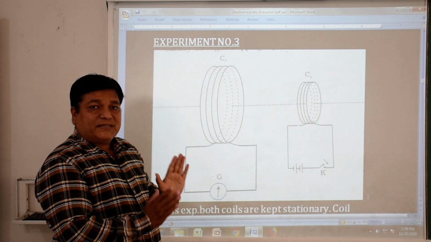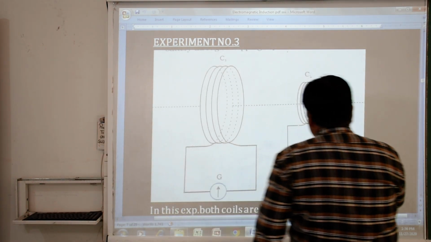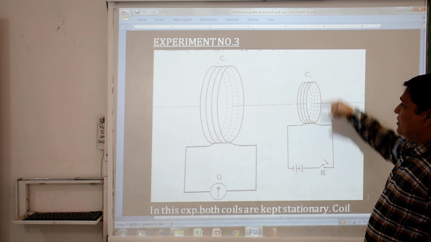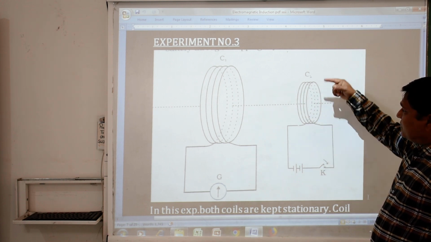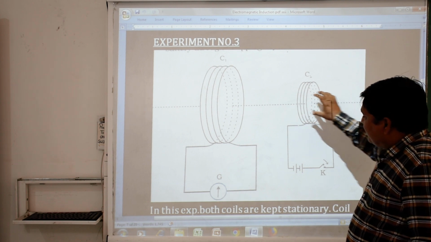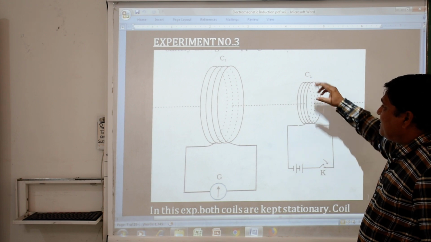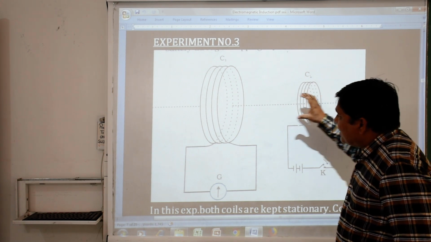Both coils are kept stationary in this condition here. When the key is closed, current starts flowing through this coil. When current starts flowing through this coil, a magnetic field will be produced by this coil. As the current keeps on increasing, the magnetic field lines keep on increasing